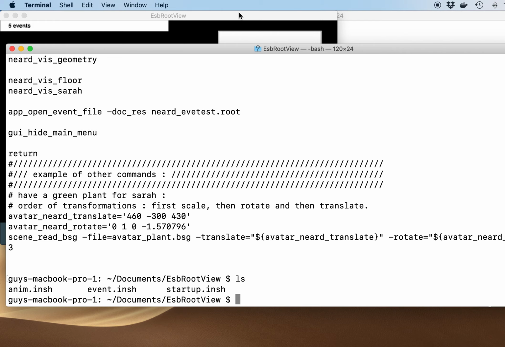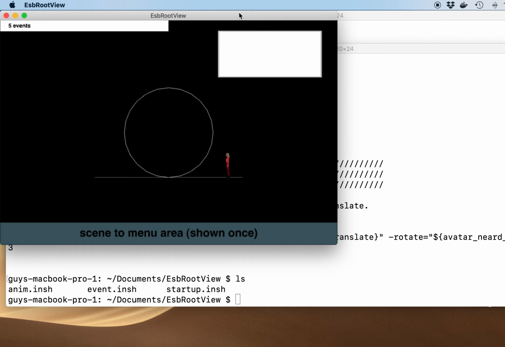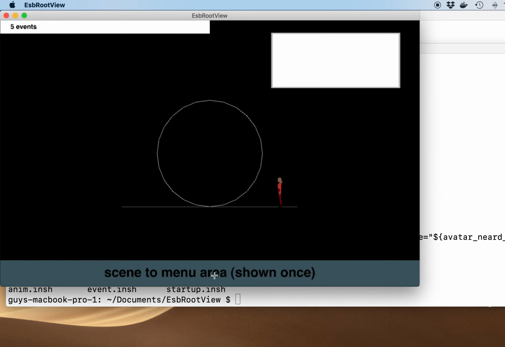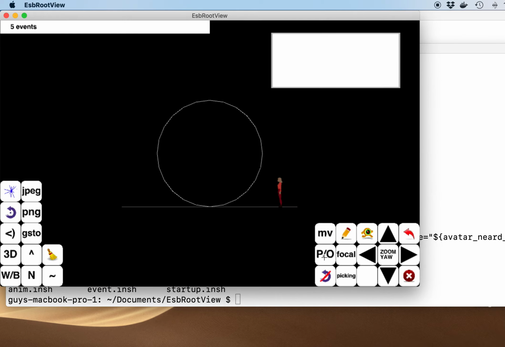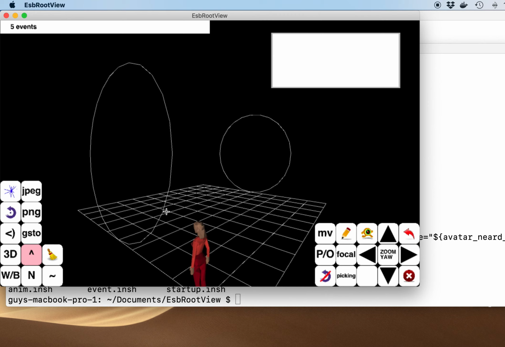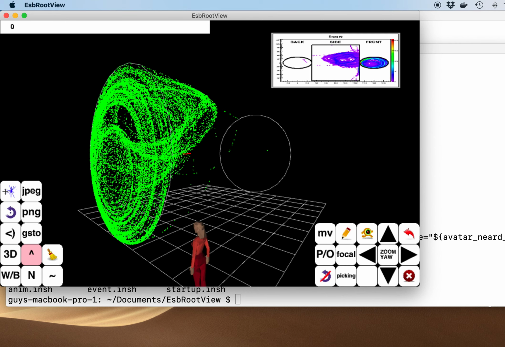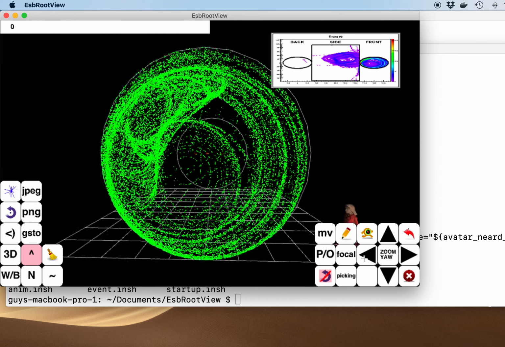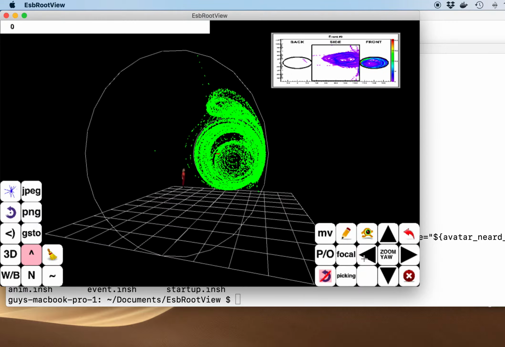But I don't want to spend too much time on the internals of INSH for the moment. I'm going to concentrate on the animation. Then when I'm here, okay, I can play, passing in perspective, to give some shapes to the lady, and I can have a next event. And the event here is taken from some file coming with the distribution, which has events ready for the NERD. I'm going to prepare a little bit here.